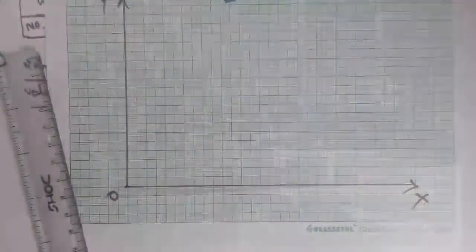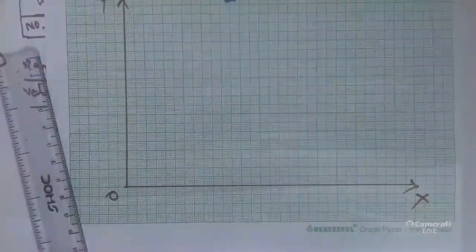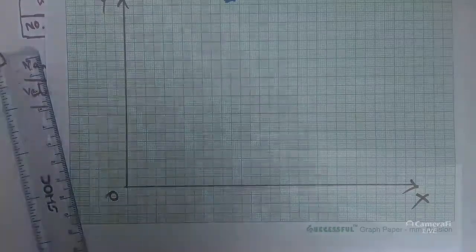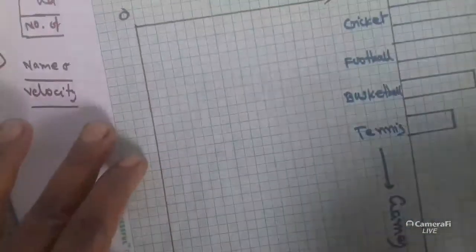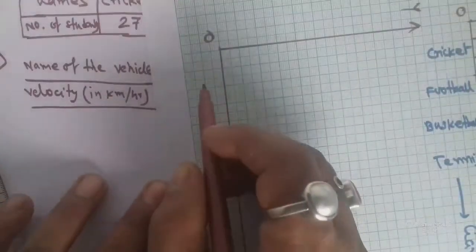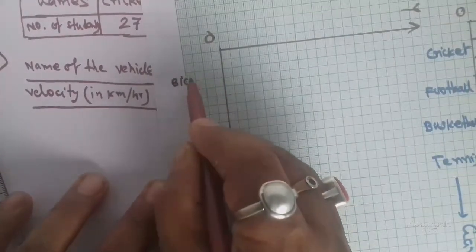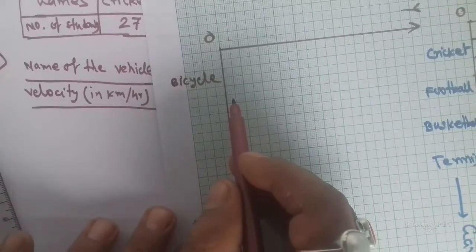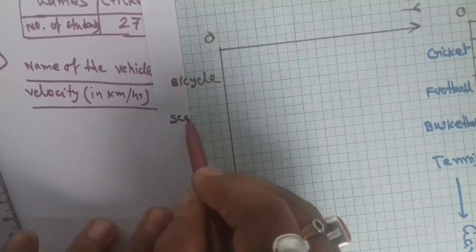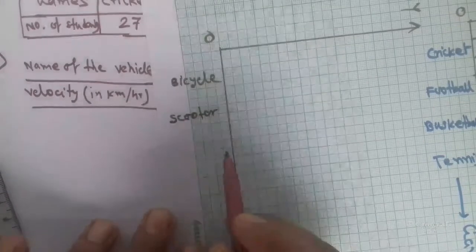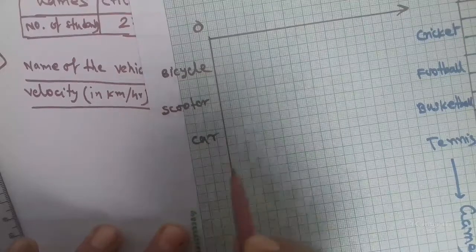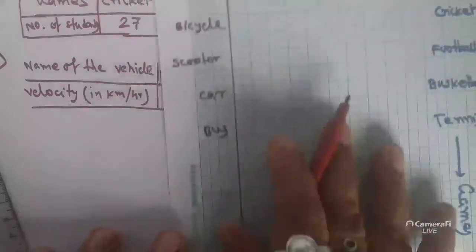Okay, now we have to write along the x axis the names of the vehicles. So bicycle. At first we have to leave one box, and then write bicycle, then again leave one box, then write scooter, and then write car, then bus, and then